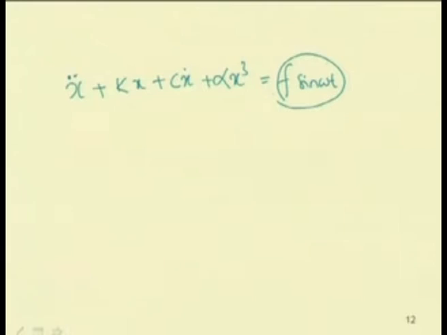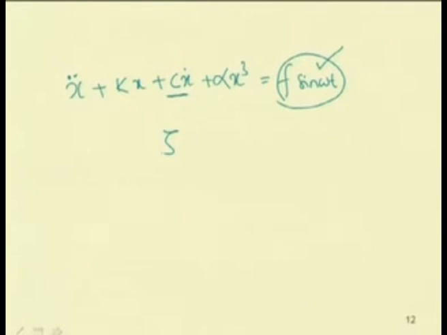If I consider the forcing function, then this will be the Duffing equation for a harmonically forced system. I am considering these as undamped or damped systems depending on the value of c. Previously we have studied for what value of c this will be undamped, underdamped, overdamped or critically damped. One can find the value of zeta.